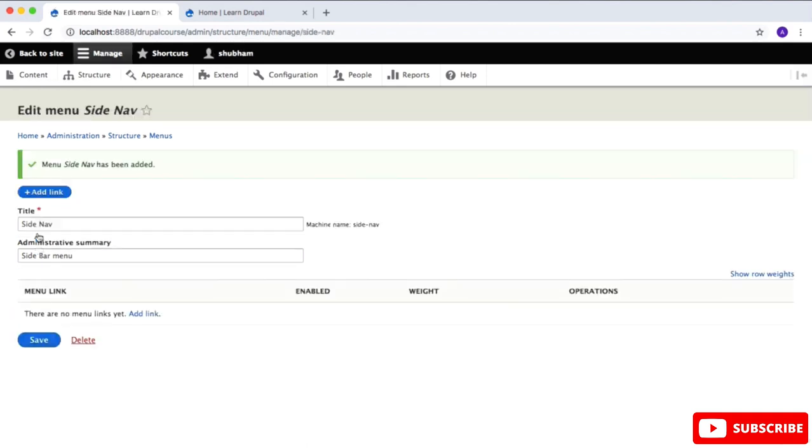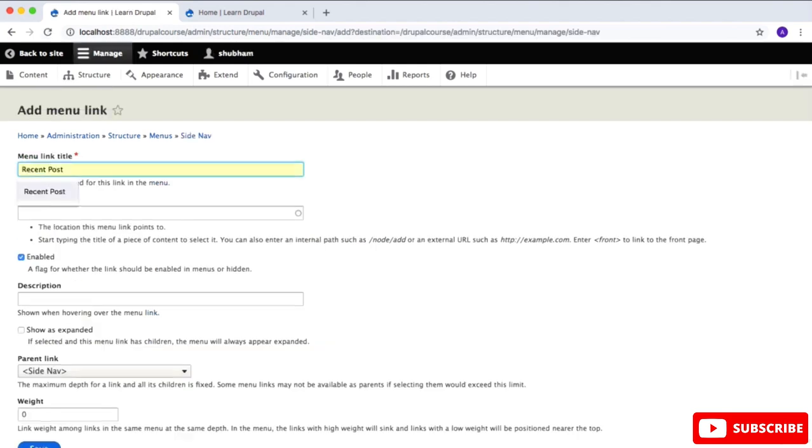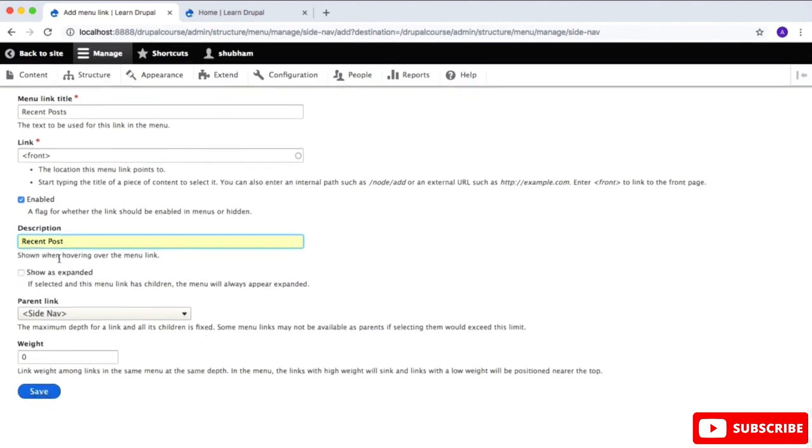And I want to add some link to this menu, so I will click on add link and I will say recent posts here, and I will link it to the front page because our front page or our home page has all the article in it. So just do that. And yes, I want this recent post to be visible, so I will tick this enabled button, and in the description I will say recent post. And yes, I want to show it as expanded because this recent posts menu will have some children. And yes, the parent link will be side navigation bar and the weightage will be 0, and just fine. And then click on save menu,